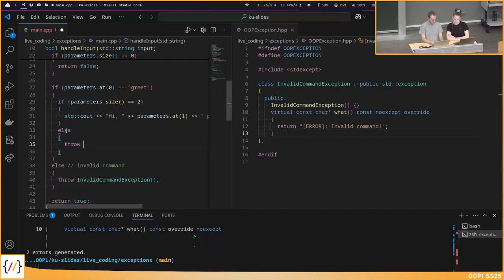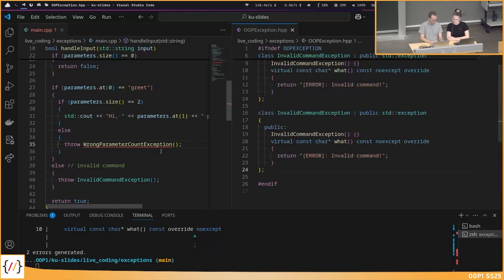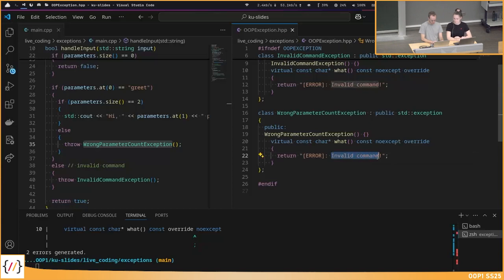I throw a wrong parameter count exception. Now I can create this very quickly because I just copy everything over here and name it wrong parameter count.